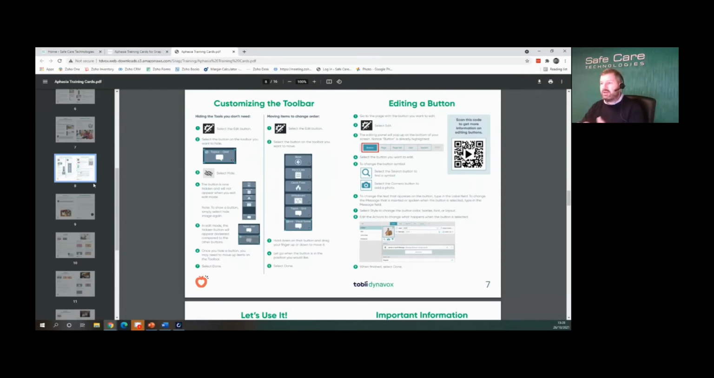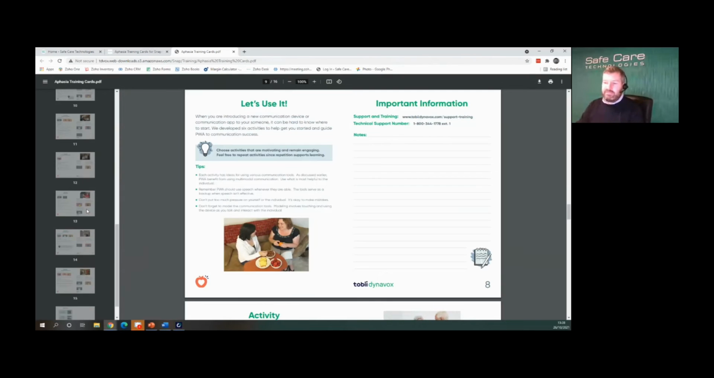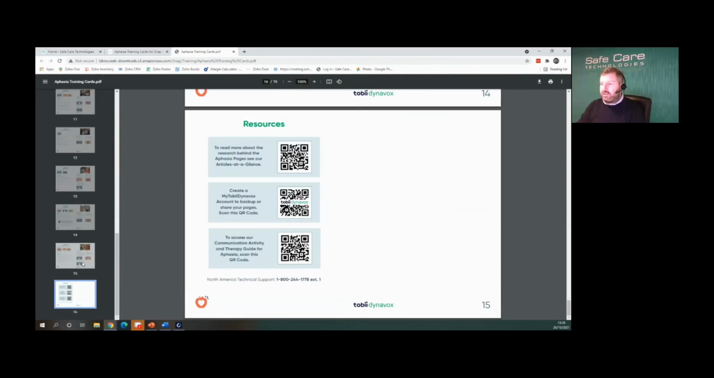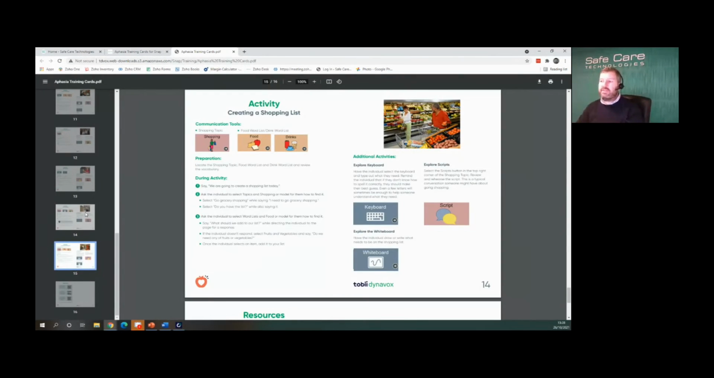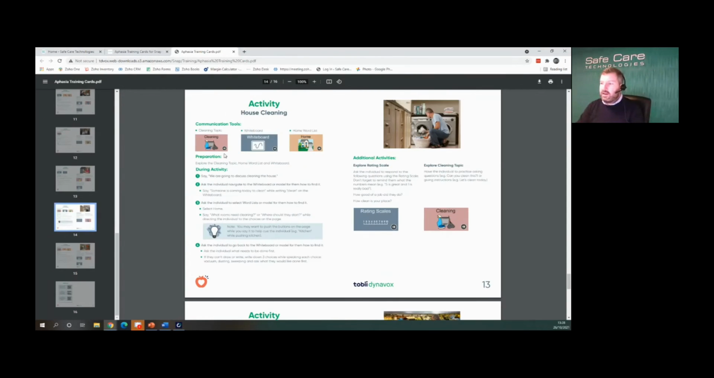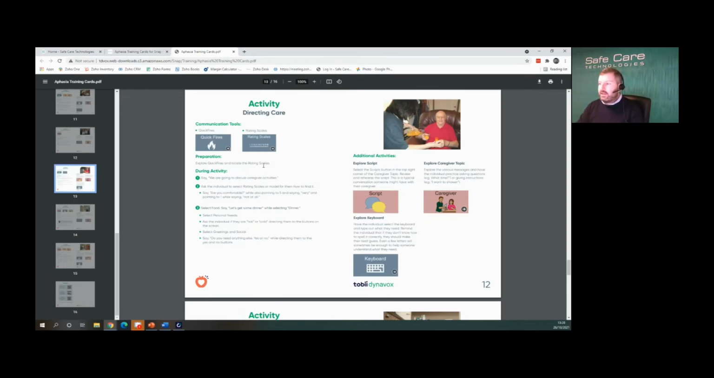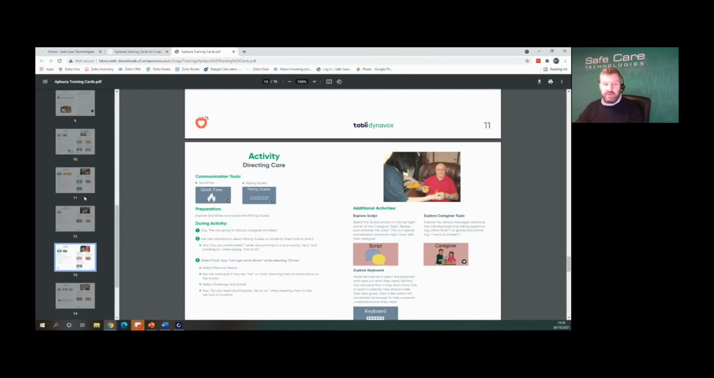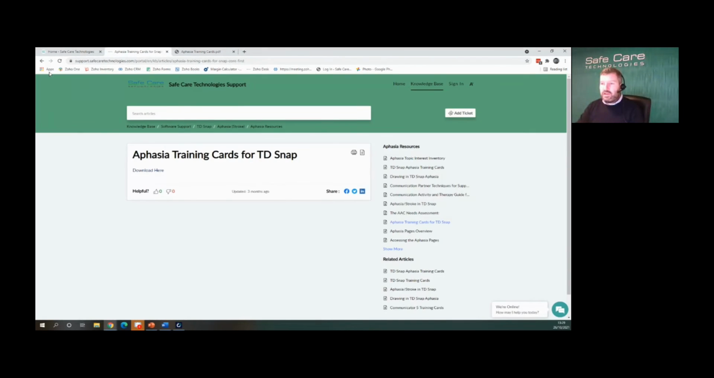And it'll bring you down through how you customize the toolbar, how you edit it. So there's only 16 pages in it or whatever, but it's a really easy way to find how to do different activities. So here's how we create a shopping list, how we do house cleaning, directing care, etc., and so on. So a few little strategies are in the training cards, but also then it gets a little bit